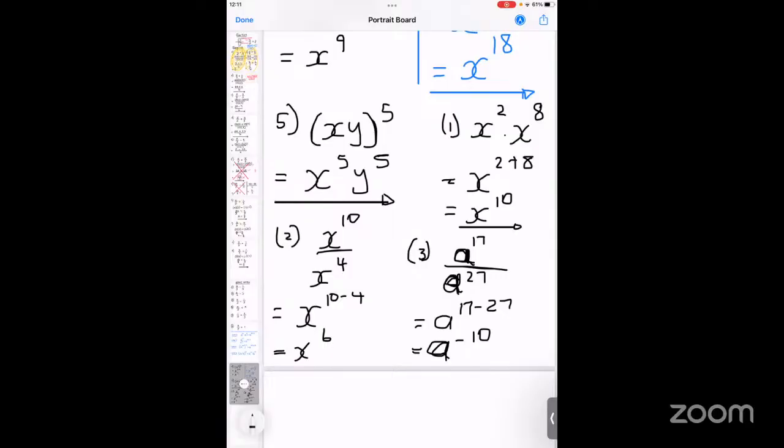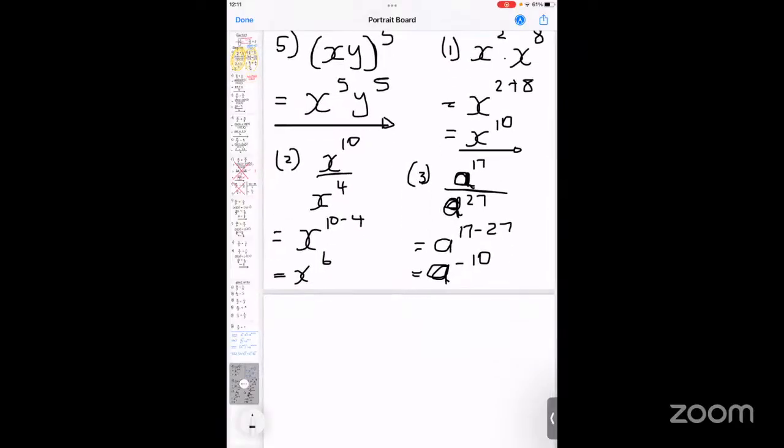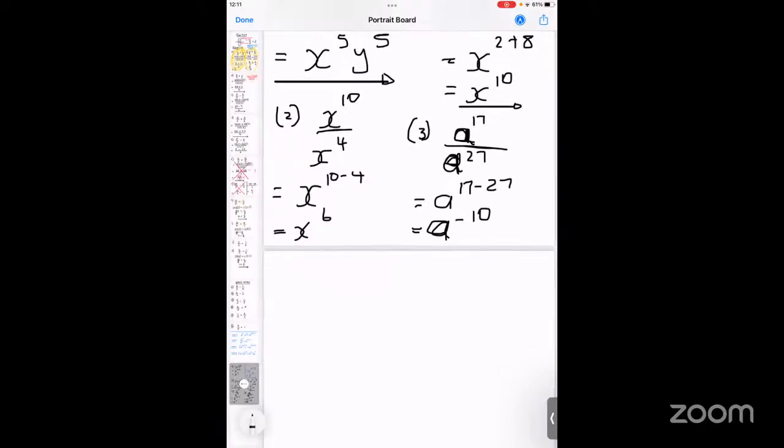Yes, sir. Okay. So you must always write it as a positive exponent. You can do it in two ways. Let me give you two ways to work it out. So we have a to the 17, we have a